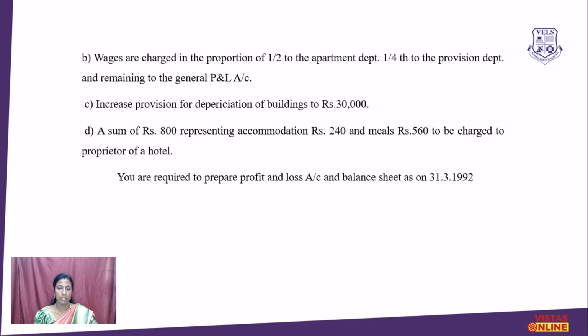C. Increase the provision for depreciation on building to rupees 30,000. D. A sum of rupees 800, representing accommodation rupees 240 and meals rupees 560, is to be charged to the proprietor of the hotel. You are required to prepare the profit and loss account and balance sheet as on